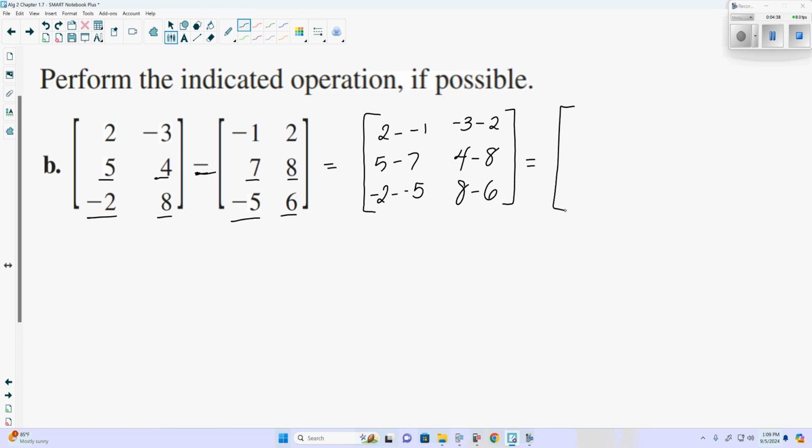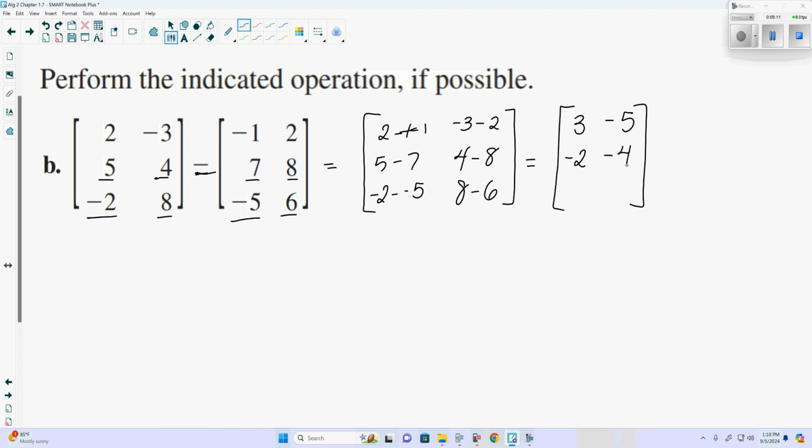Last thing we need to do is simplify. So the first one we can do is 2 minus -1. Well, negative makes a plus. So 2 plus 1 is 3. Our next one, -3 minus 2 would be? 5. Yes, it would be -5. Our next one, 5 minus 7 is -2. 4 minus 8, -4. Wait, 4 minus